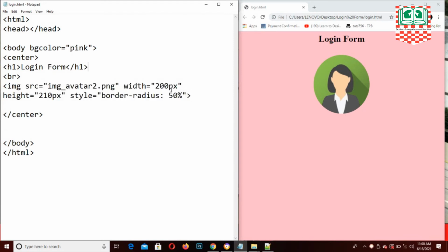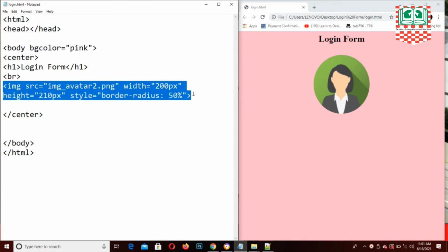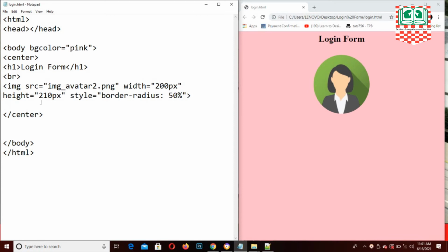Now let's go ahead and create the login form, whereby we ask the user for their username and password. So after my image over here, I have to put another BR, which is a line break, and then I have to create my form tag, opening tag and closing tag. So inside my form,